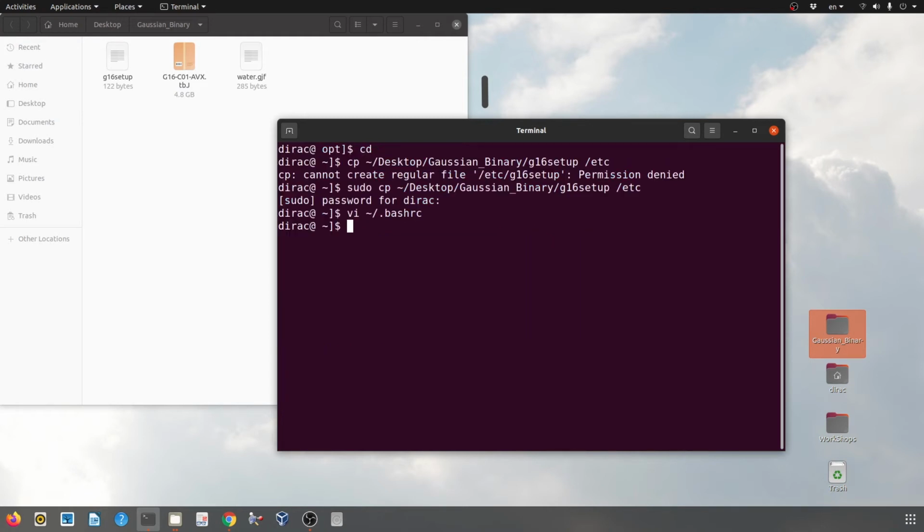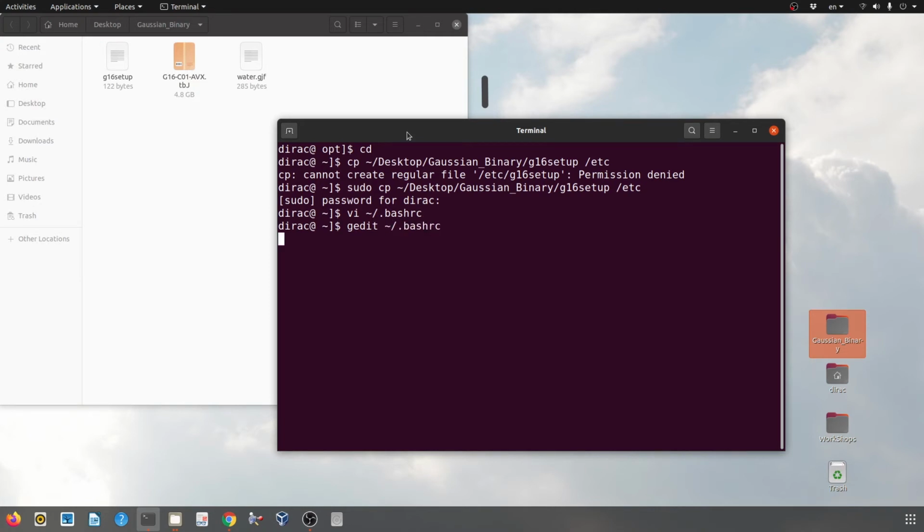Okay, I've just edited the file with the vi text editor, but if you're not familiar with vi, it may be a little bit confusing for you. You can edit the file with the gedit text editor as well.